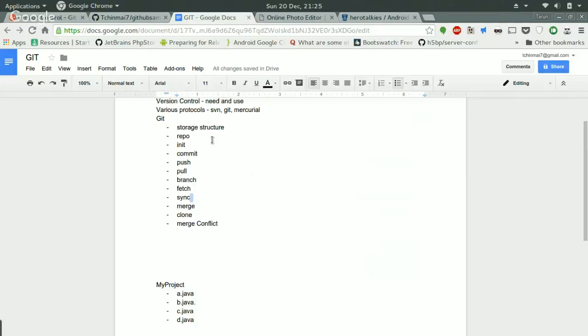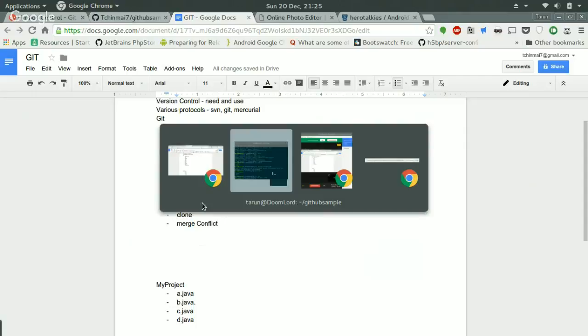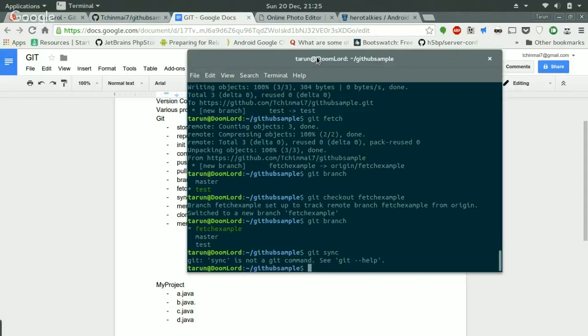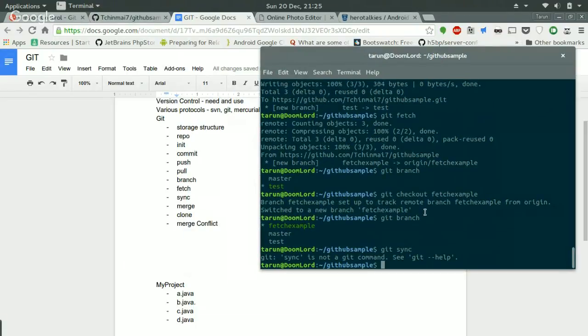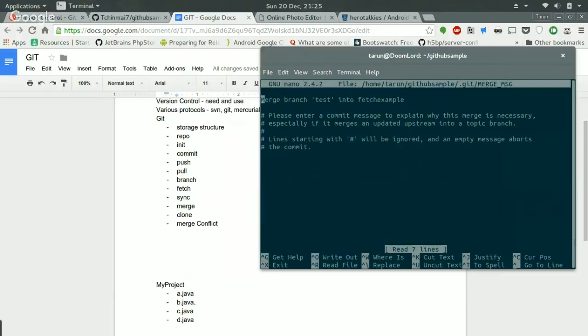All right, sync. So what is merge? Merge is when you want to combine two branches together. You don't want two different branches and you just want one branch. So I'm going to type git merge master, and I want to merge test and master. So you're writing test into this. You have to type a commit message here. So I'm just writing down